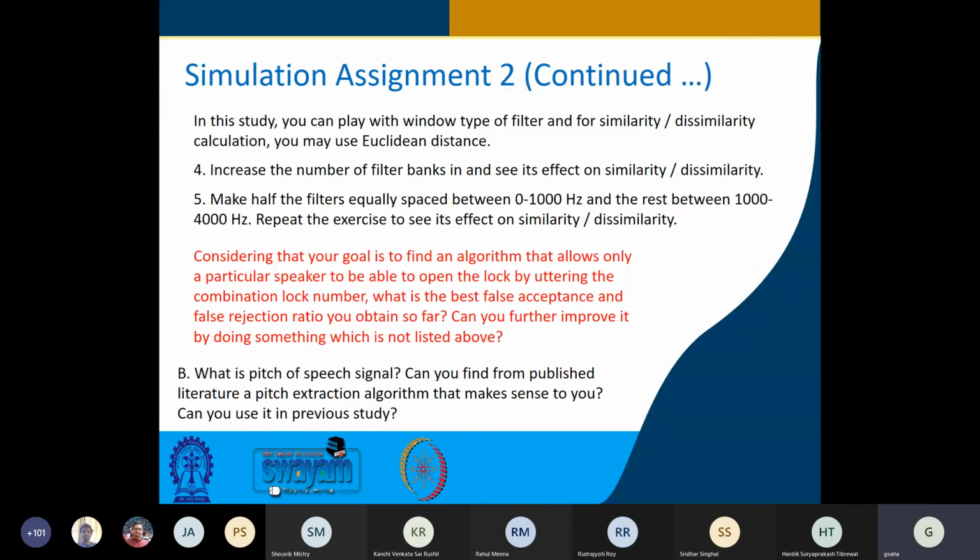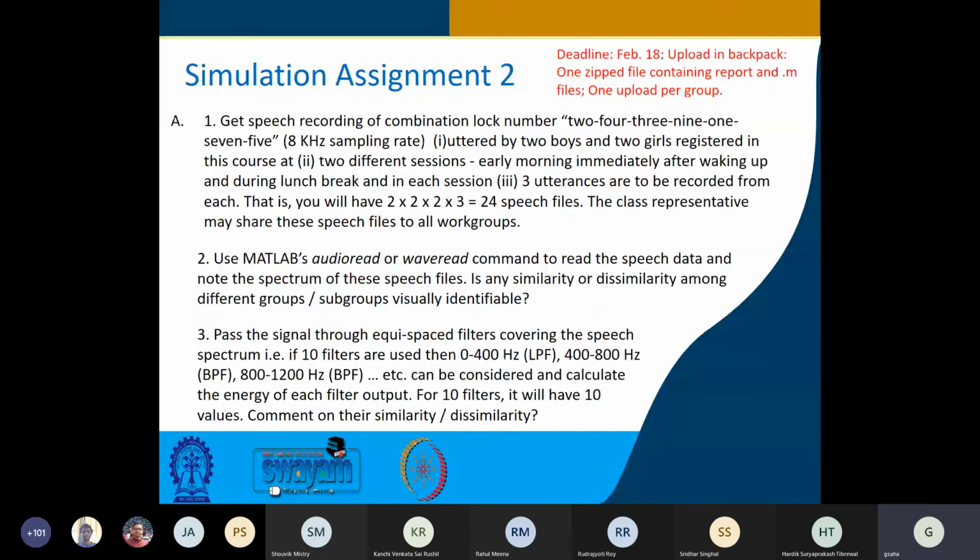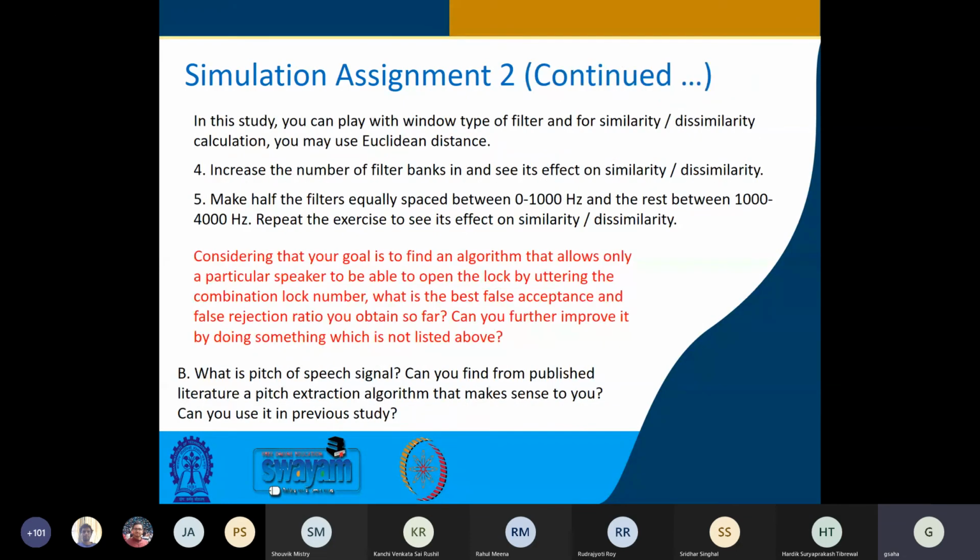Okay, sir. And also I have mentioned say 24 speech files because I didn't want to tax those people who are offering speech to a great extent. But if you can convince these boys and girls to provide more speech samples, you can have better training and a better understanding of the profile, right? That is there, and session-wise variation, and also many things are open-ended. I have only expressed the basic problem.